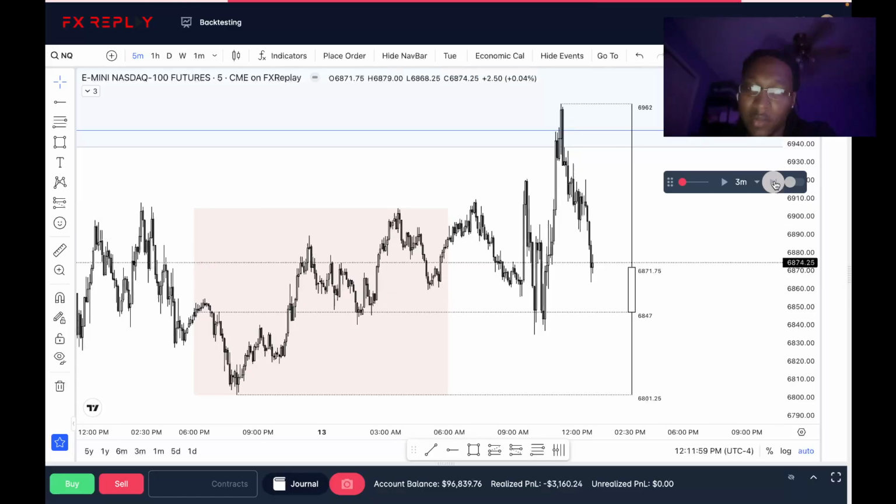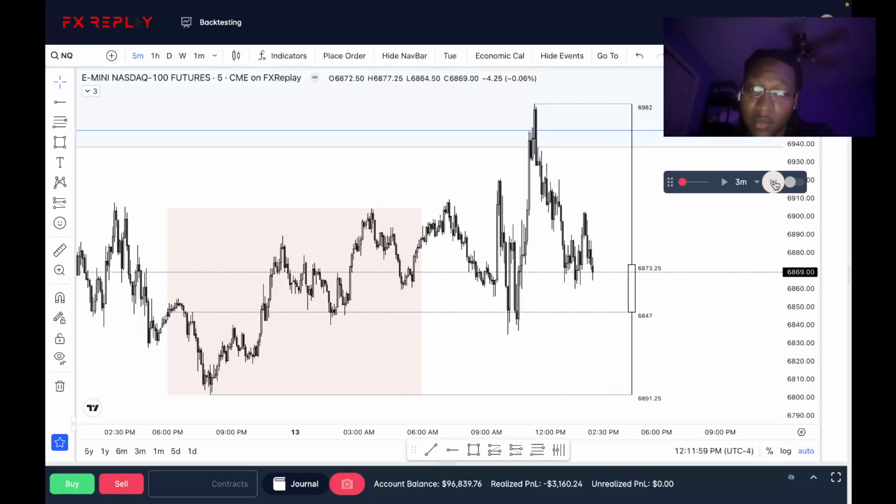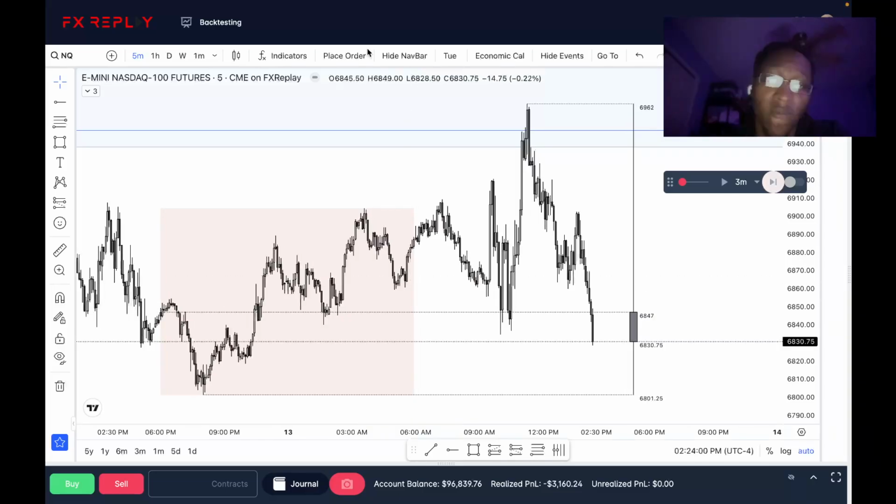So I would have been stuck in some range, but it ends up playing out nicely though. Can't lie. Ends up playing out nicely. Hmm. Next trade probably takes out the lows during PM. That's on me.